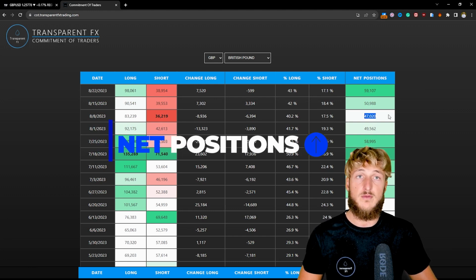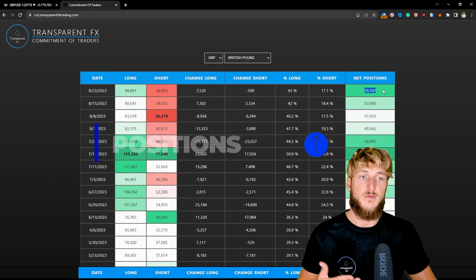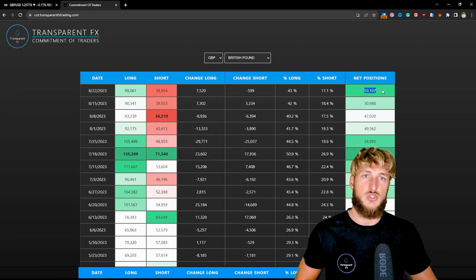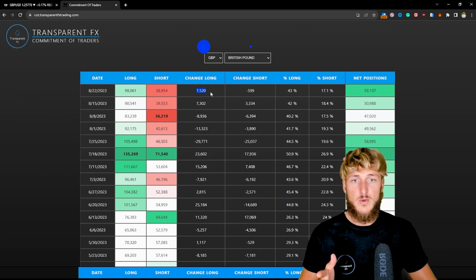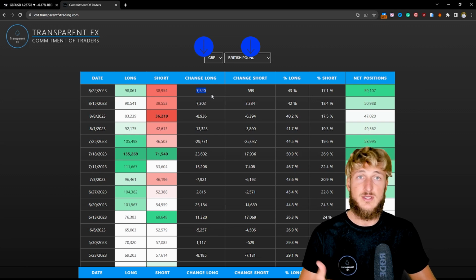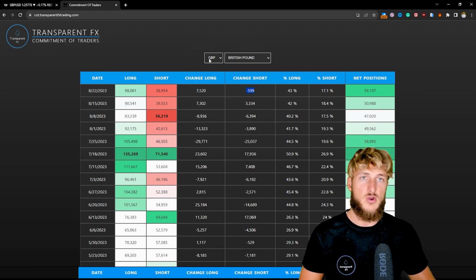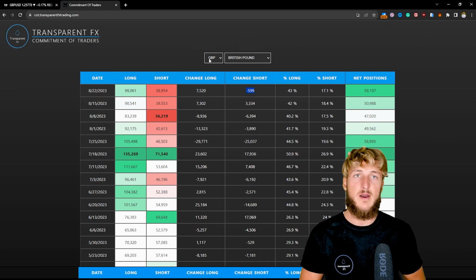We went from having 47k net positions up to 59.1k net positions. So a huge increase of the net positions, making the GBPUSD stronger, with 7,500 longs added with the last report and almost 600 shorts getting closed. Now, this makes the pound quite strong, but what you have to do is keep in mind that